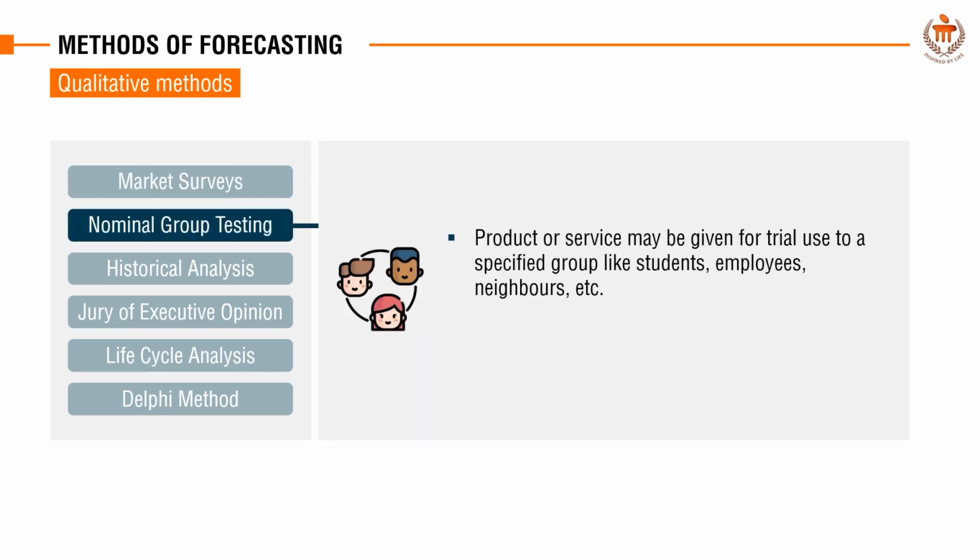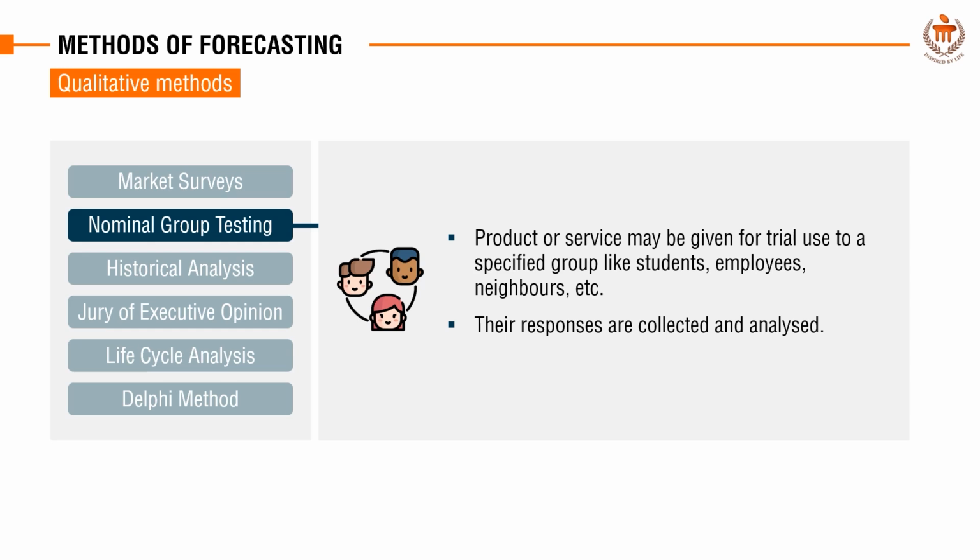Next is nominal group testing. Nominal group testing is a qualitative forecasting method where a product or service is provided to a specific group such as students, employees, or neighbors for trial use. After experiencing the product, participants share their responses, which are then collected and analyzed to assess their opinions, preferences, and potential demand. This method helps businesses gather direct feedback on a product's strengths, weaknesses, and overall appeal before its wider